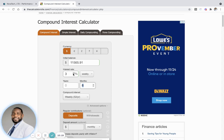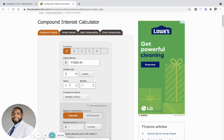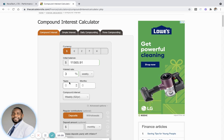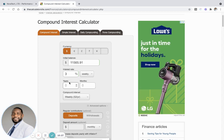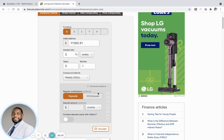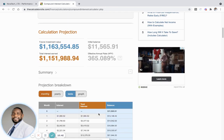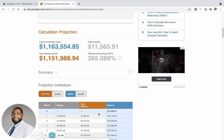Now, what we're going to do is we're going to take that same 3%. Because it's house money, it's not even your initial capital, right? This is money that you made. So what we're going to do is say, hey, look, if I let this hang out here for 3 years and I compound every week off of this house money because I got my initial capital back, and I do this for 3 years and I calculate this, guys, that's $1,163,554 in 3 years. Off of house money,